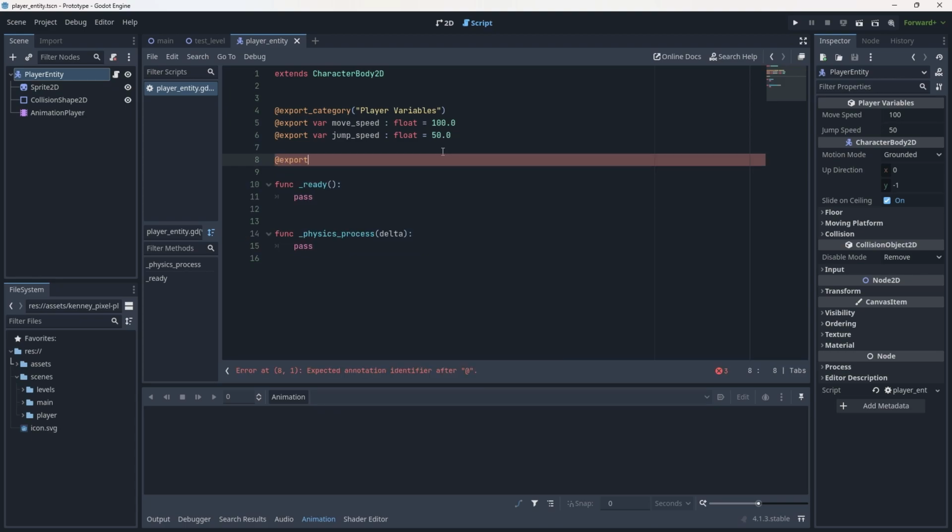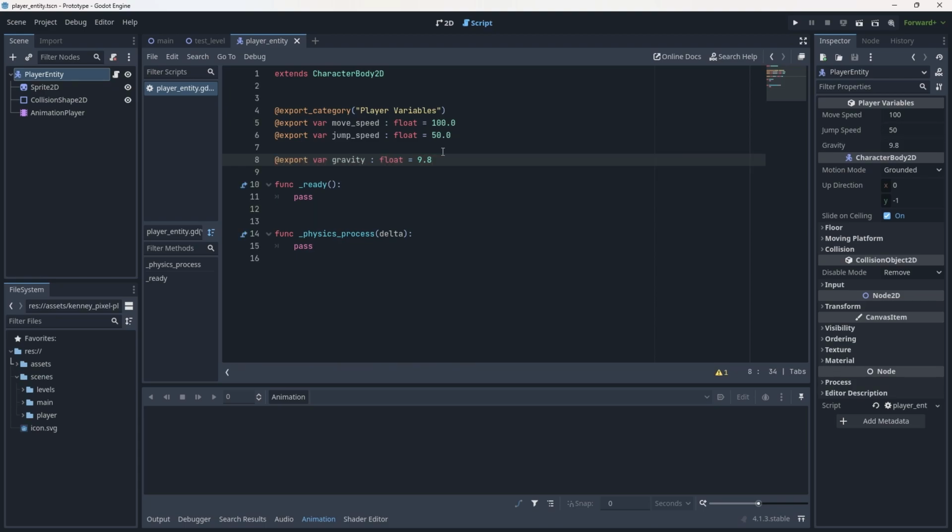So at export var, we're just going to call this one gravity. We're going to set the type as a float, and then we're going to set it equal to, let's go 9.8. I think that's the rough Earth gravity. I might be wrong there. And I'm going to add a category above it again. And I'm going to just call this one